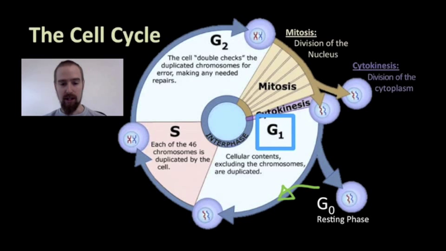During the G1 phase, most of the contents of the cell, with the exception of the cell's DNA, are copied and replicated, and the cells increase in size. Then the cell enters the synthesis, or S phase of the cell cycle. To synthesize means to build, and this process is the phase when cells synthesize or build new DNA by way